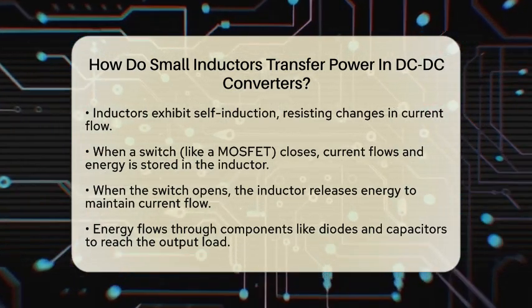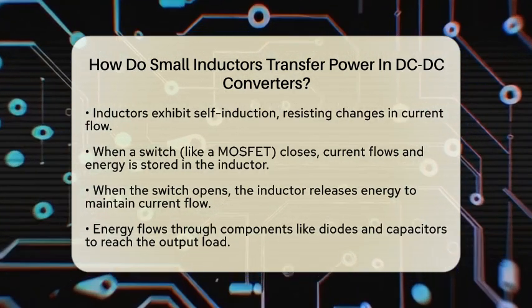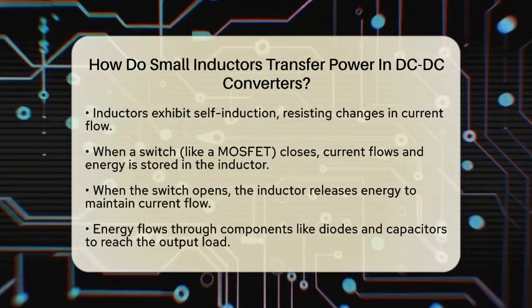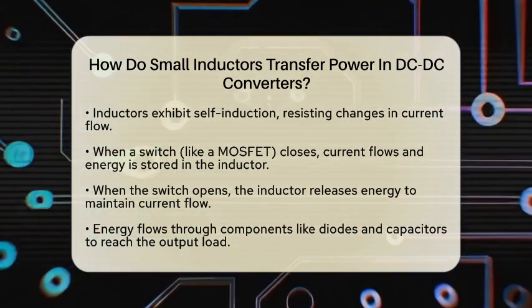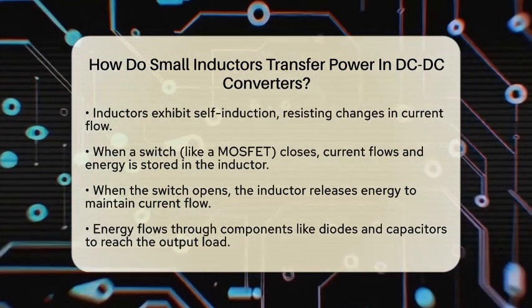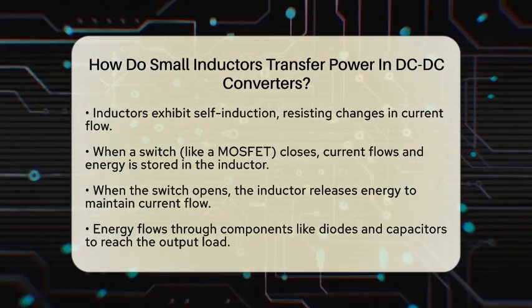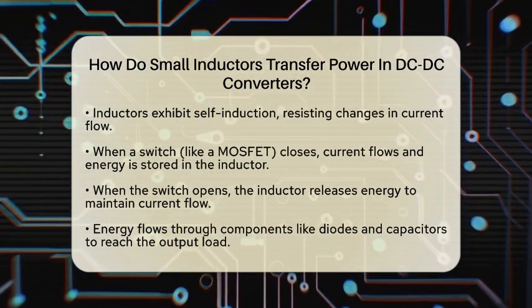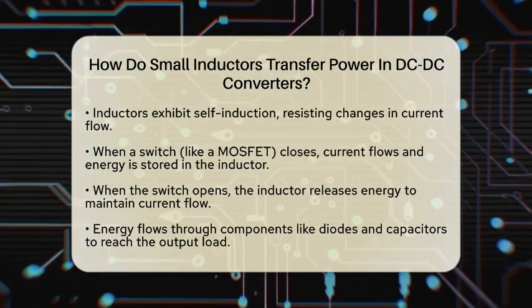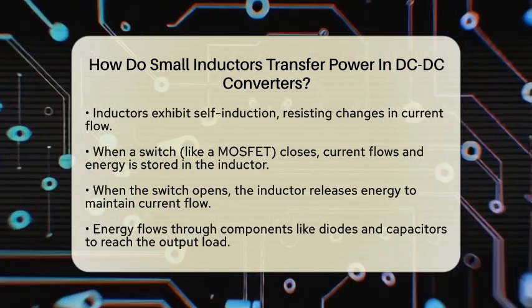This energy then flows through other components, like diodes and capacitors, to the output load. This transfer of energy helps regulate the output voltage at a different level than the input voltage. In different types of switching DC-DC converters, such as boost, buck, or single-ended primary inductor converter topologies, the inductor plays